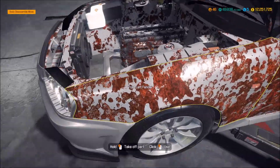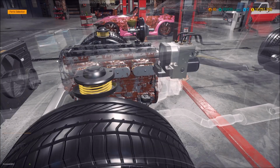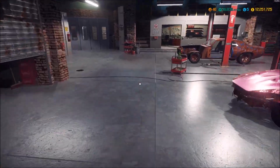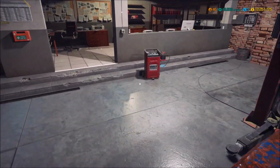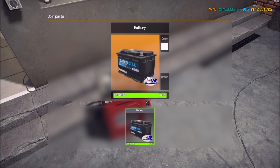You know what this thing does not have? It doesn't have an air cleaner. Maybe in the editor I'm going to put an air cleaner in here. We'll see how it looks. I might put an air cleaner on it just to get...